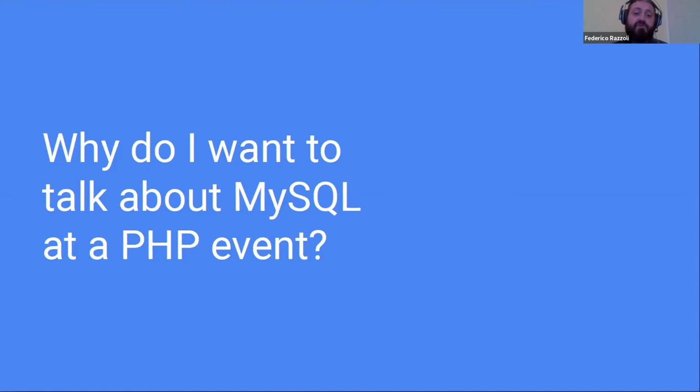PHP at the beginning was also very simple, and MySQL at the beginning also was very simple. It was easy to learn, which it still is, probably a bit less because now it's more feature-rich. And that's the other point. Both PHP and MySQL evolved a lot along with the web, and they became more enterprise technologies, or at least they are used also by enterprises.